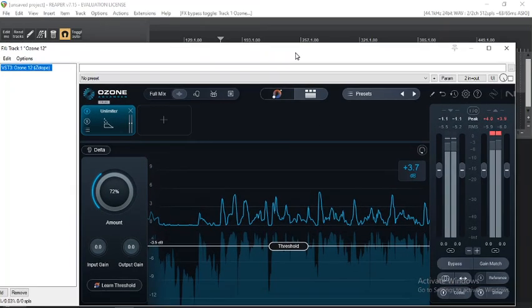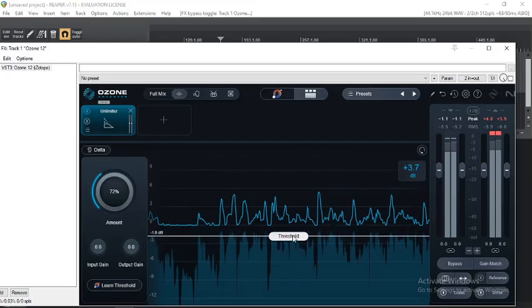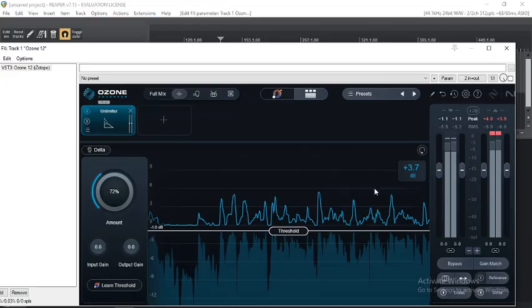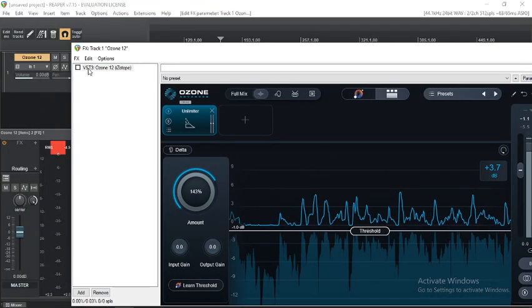Not bad. Very, very, very subtle though. I don't think this is the best example. I really don't have any mixes here that are over compressed. But as you can see, it looks like it's trying to recover. I don't want to turn it up too loud. If I turn up to all, let me see. So right, disclaimer. Just check your headphones. This may get loud, so just letting you know.